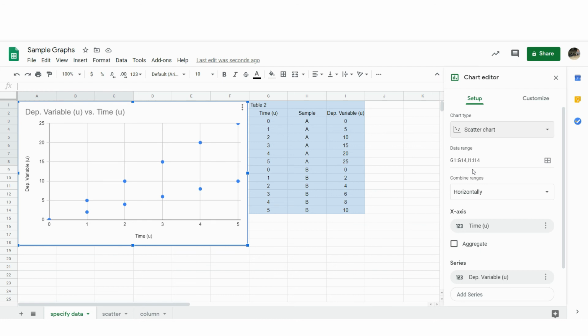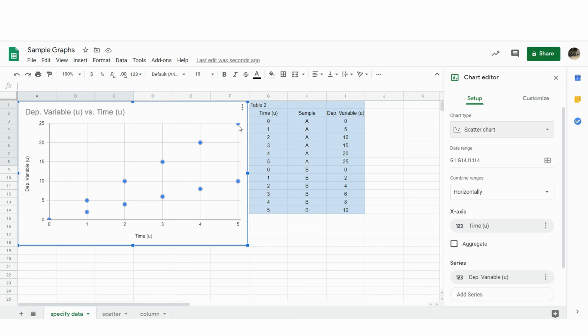Now it looks better. This is much closer to what I want. I've actually got time correctly placed on the x-axis. However, I only have one data series for both samples A and B.